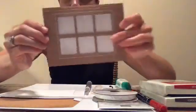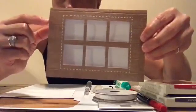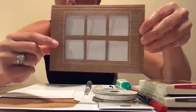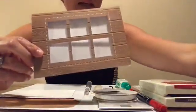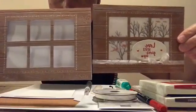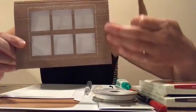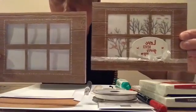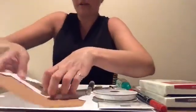Okay, so I've already gone ahead and die cut. I wanted to have all the pieces prepped for us. This time I wanted to show you, I actually put the craft white ink on the embossing folder so you can see maybe a slightly different look than where I dragged it across the card. This one's a little bit more homogeneous across the whole thing, and this one has the streaks. So just a different way of doing it. All right, so I'm going to set that aside, set my envelope aside,